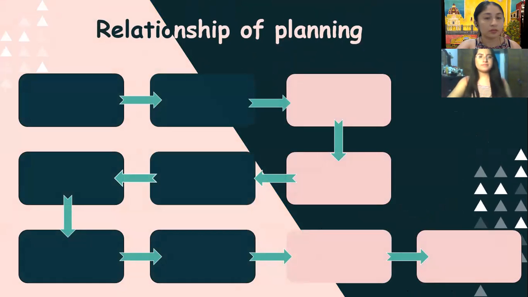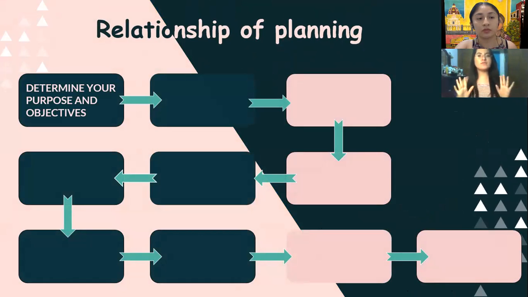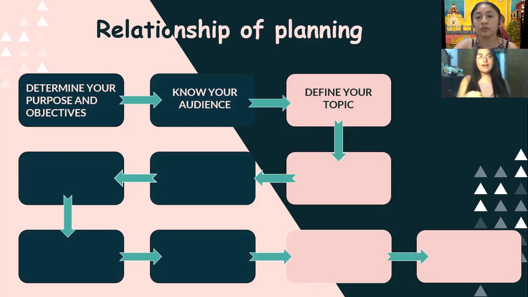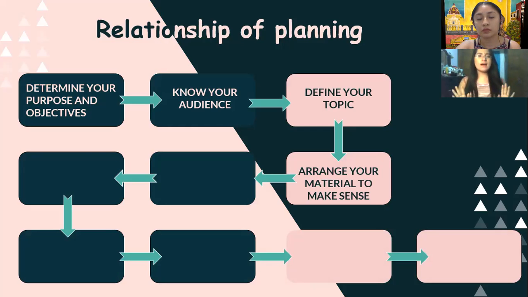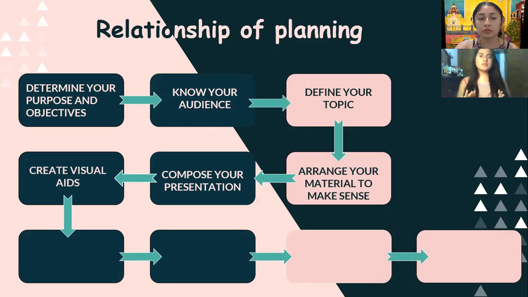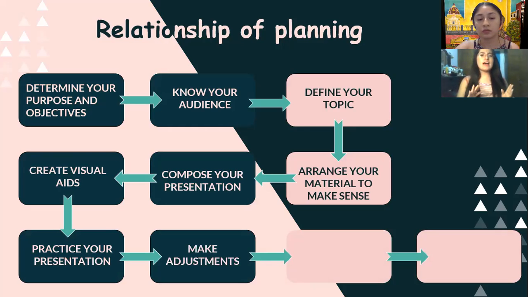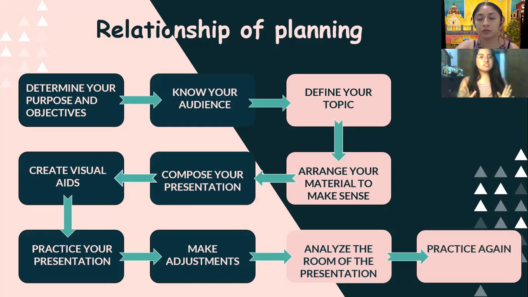Relationship of planning. There are 10 essential steps to follow in order to be a good presenter and give an effective presentation, which can be seen in this graph. At first glance, it seems to be difficult, but each of them is related to the others to give the presenter more security, help to control your space on stage and your volume of voice before the audience, to motivate, and to control the questions of the audience, and create an expectation of safety before everyone, especially after the presenter